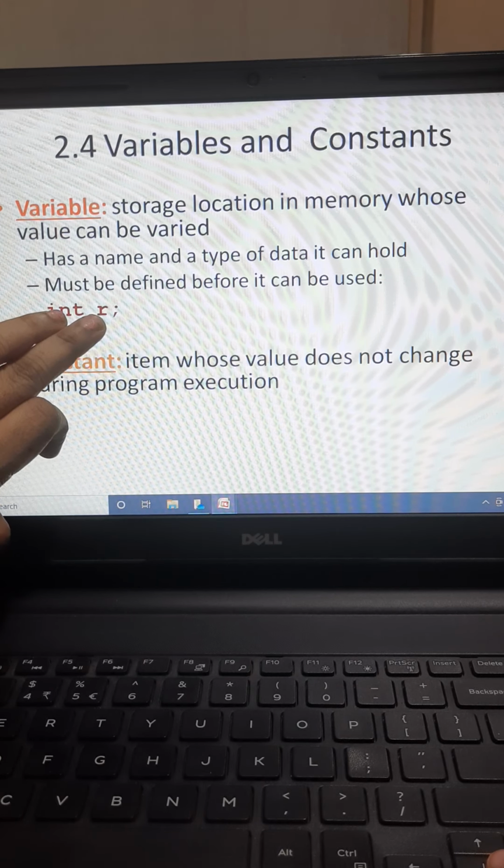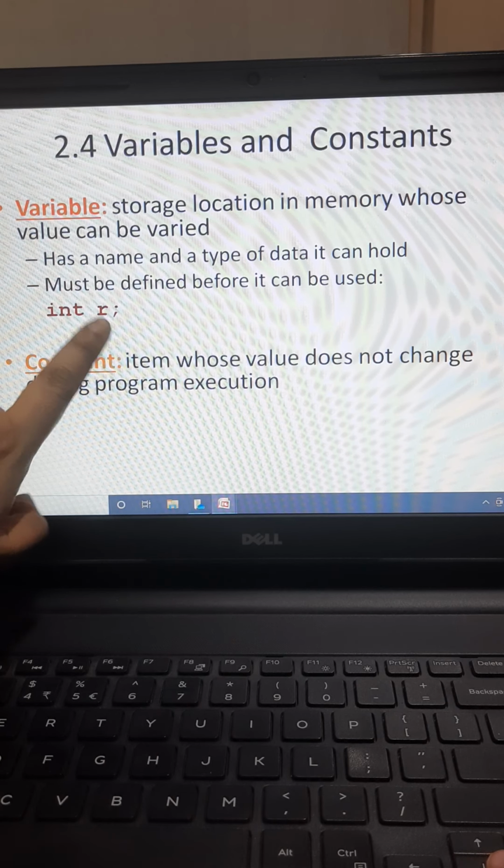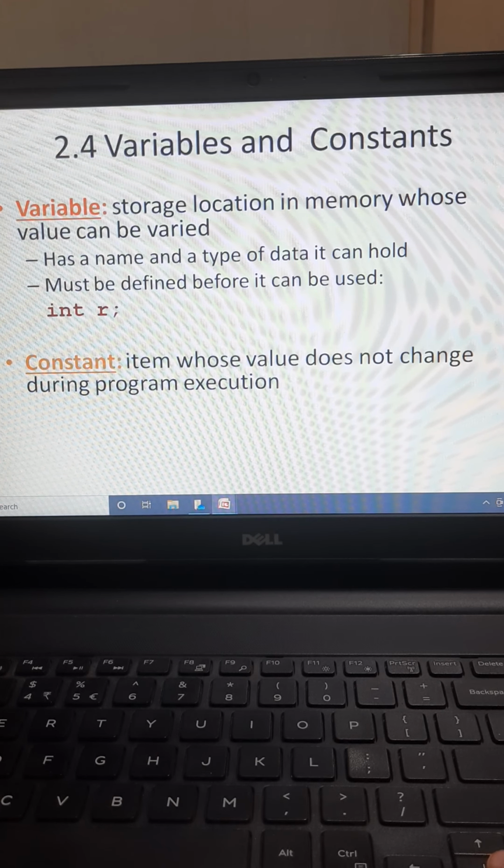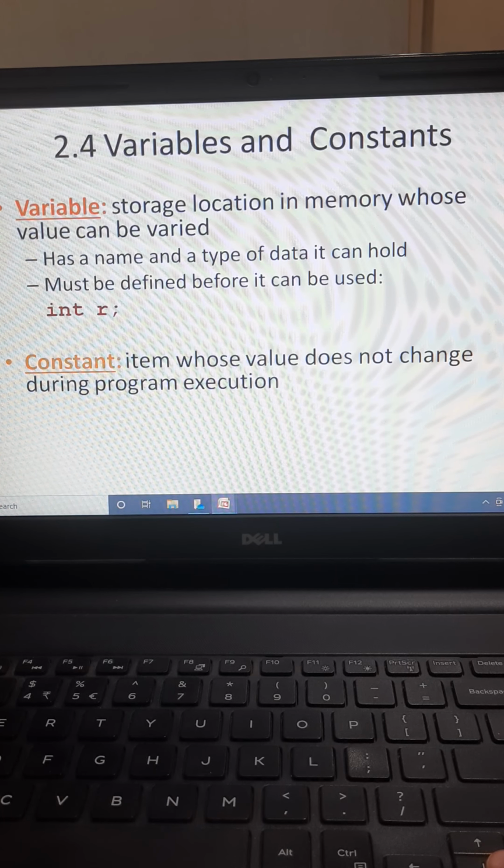So that is a storage memory. Here I have chosen the name r, which resembles radius. There we can have a name like pin number or something like that. So the program will choose the variable name as per our normal real world name, but he or she has to follow the rules of naming a variable.